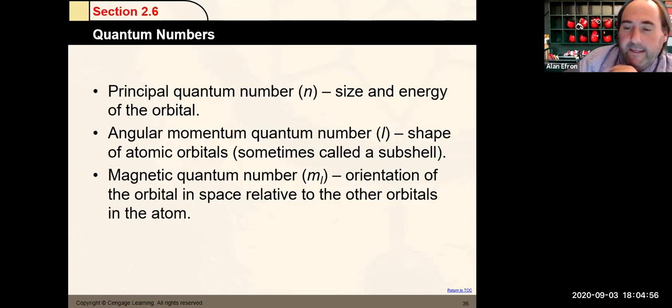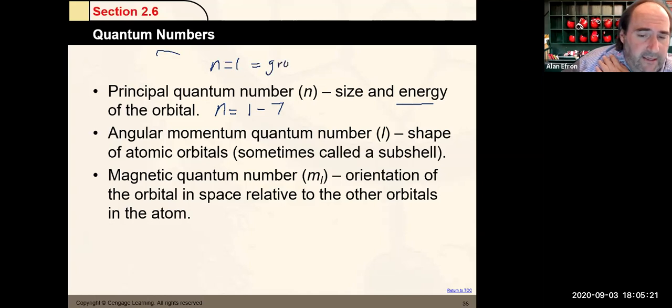The first one is the principal quantum number, and that is abbreviated with n. We have seen it already, but the principal quantum number, n, for lack of a better description, is really the energy level. As we talked about, n can have values of 1 through 7. And n equal to 1 is the ground state, and that is the lowest in energy,